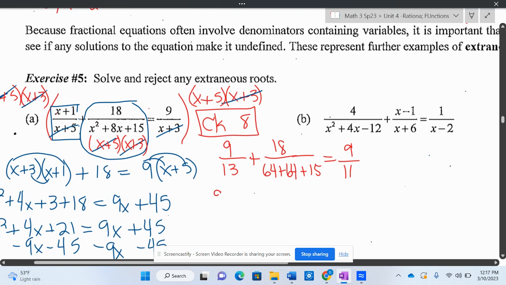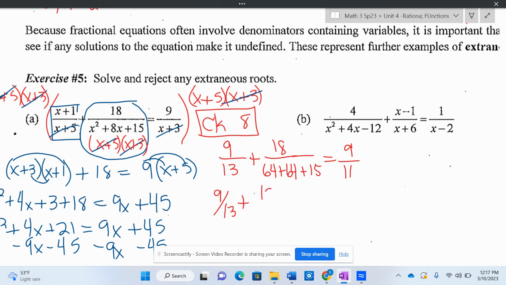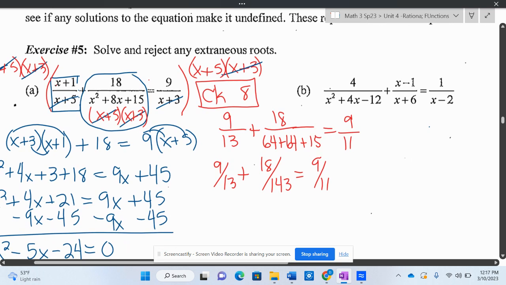Okay, so 9 over 13 plus 18 over 128, 143 equals 9 over 11. So someone do 9 13ths plus 8 over 143. You could do this all on your calculator. I'm just trying to use our brains and see if it equals 9 11ths. And 9 11ths, I think, is like